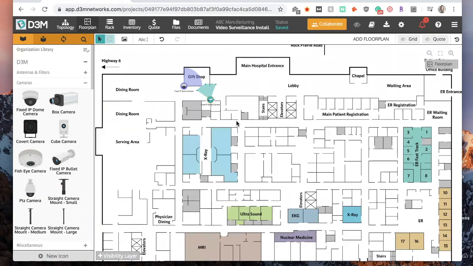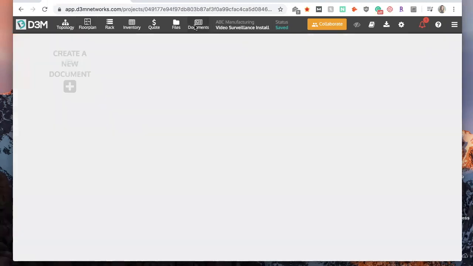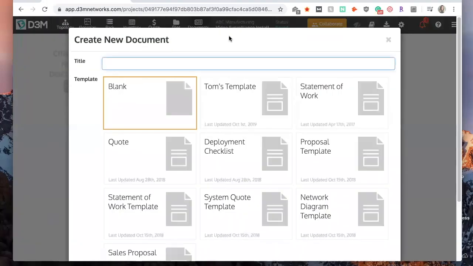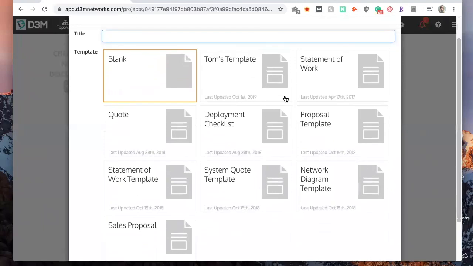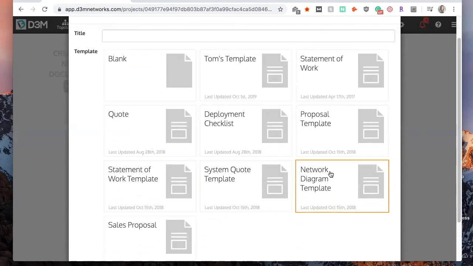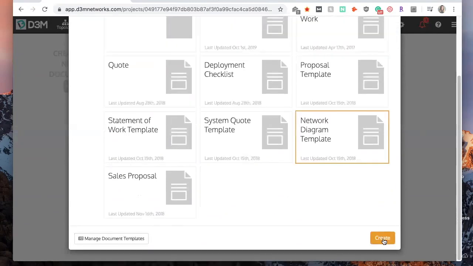Now, if you want to share it with a customer, we suggest you do this by going into documents. You've probably seen this in other webinars. This is a great way to share stuff with your customers. So we say create a new document, and now you can either choose from some of the templates or start with a blank one. So we have a network diagram template that we can start with. So we'll click create,